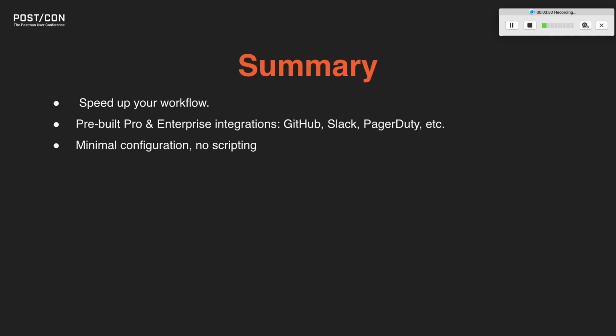In summary, you can use integrations to speed up your workflow. You can use pre-built and pro enterprise integrations such as GitHub, Slack, and PagerDuty to include a lot of different functionality like version control and alerting. And you can import these integrations into your workflow with minimal